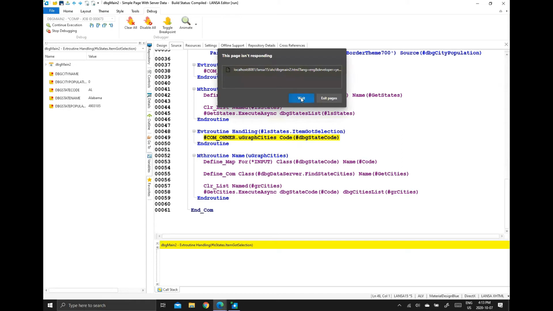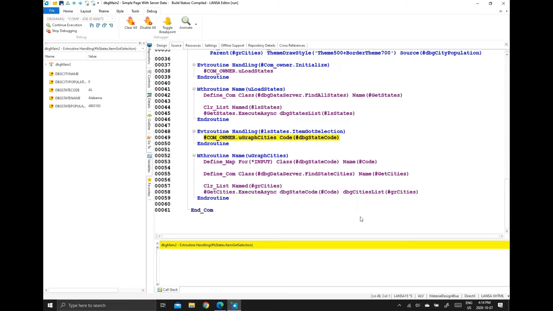We see on the left-hand side, every once in a while it's going to say, hey, you're taking kind of long. The browser is going to complain a little bit and say, you're taking a long time here. All I have to do is just say wait, and it'll just wait. That's just a browser feature. Nothing to do with LANSA, nothing to do with anything else. Over on the left-hand side, we see